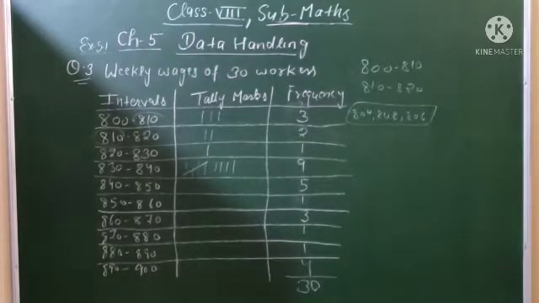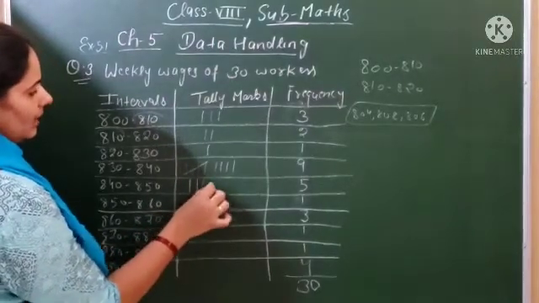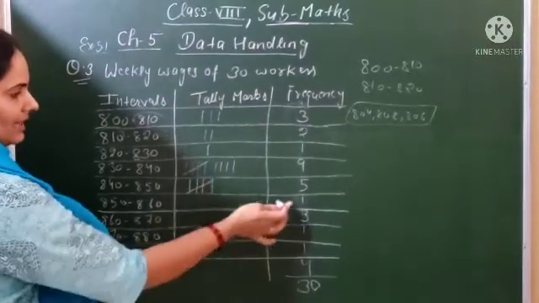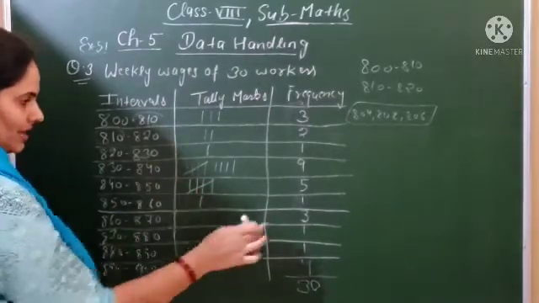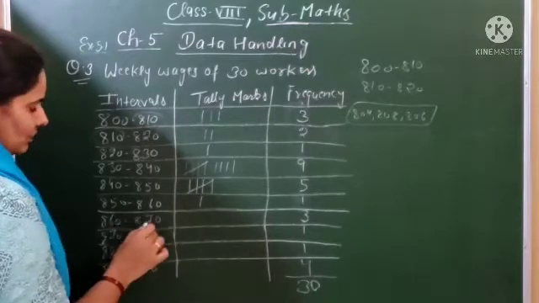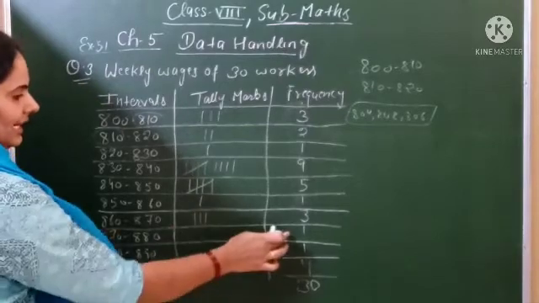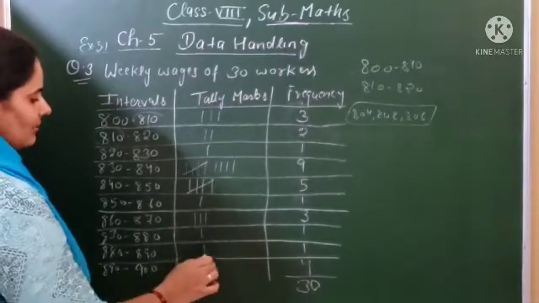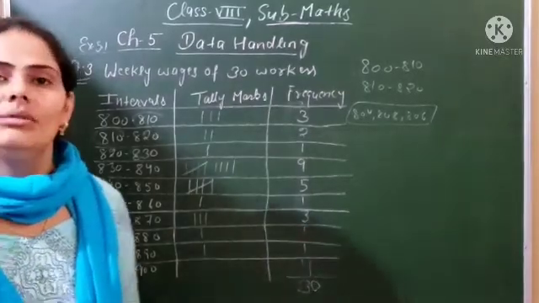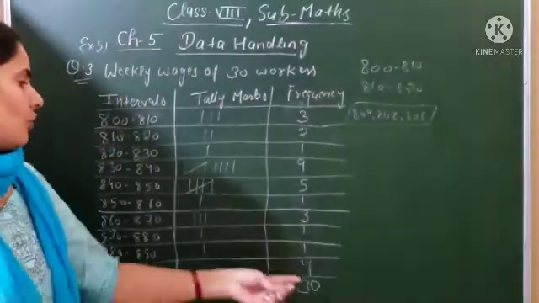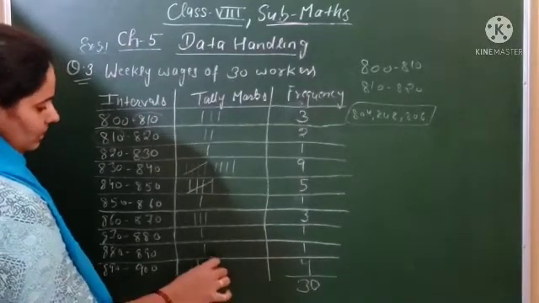Next one is 5. How will you represent 5? 1, 2, 3, 4 and 1 crossing. After that, 850 to 860, only one vase will lie, so you will denote it by only one line. Next, 860 to 870, how many are lying? 3 are lying, so 1, 2, 3 lines. Next one is 1 only. Next one is 1 only. Next one is 890 to 900. In between 890 and 900, how many vases lie? 4. So how will you represent 4 in the telemarks, beta? 1, 2, 3, 4.